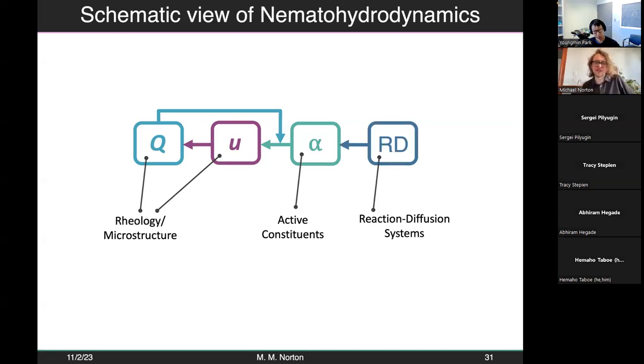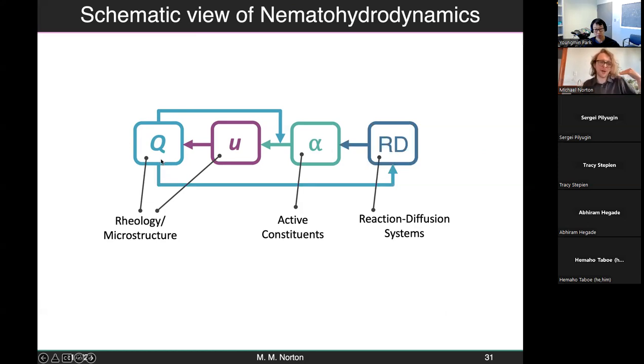My current interest is around what kinds of biochemical processes we can add to this system that allow us to change the active stress field in an embodied way, right? And there are a few different aspects of this. I mean, one is you can imagine having a reaction diffusion process that just changes your activity field and that's